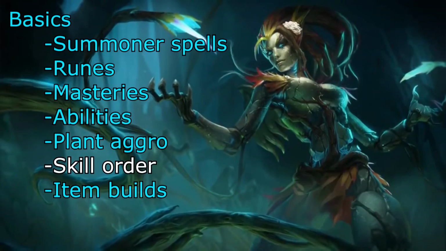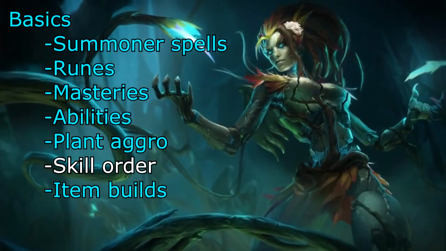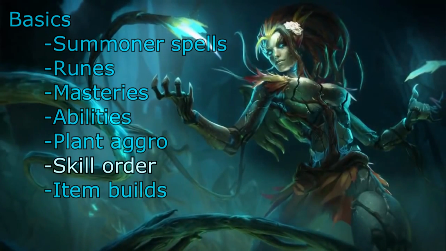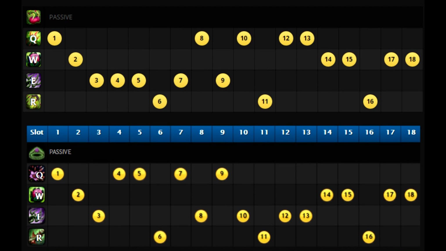We'll end this basics section with two highly contested topics among Zyra players: skill order and item builds. I highly recommend starting Q, as E is unreliable, has a high cooldown, and is quite telegraphed. Then get W next to have a reliable method of harassing, getting E at level 3 to have access to